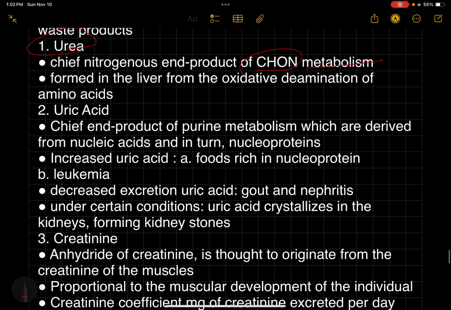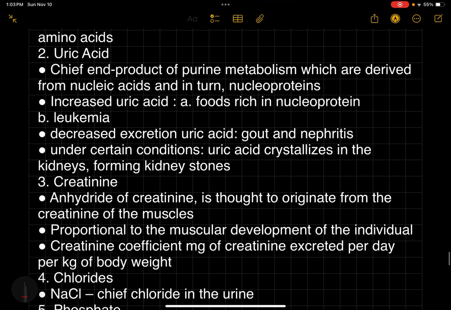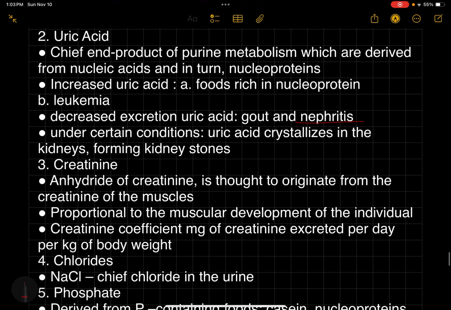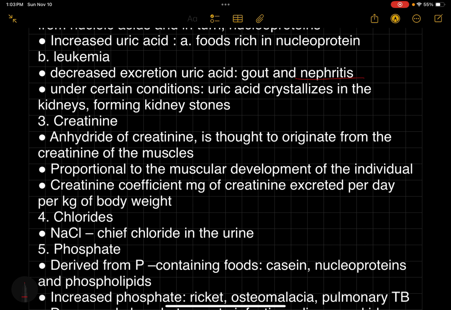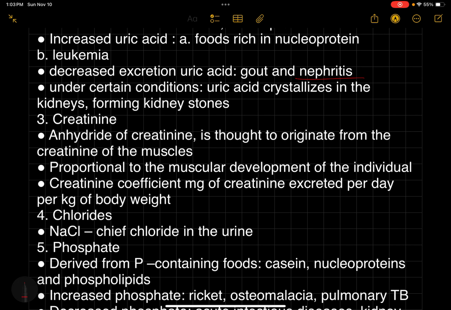We have leukemia. Decreased excretion of uric acid occurs in gout and nephritis. Under certain conditions, uric acid is crystallized in the kidney, forming kidney stones. We have creatinine. Creatinine is the anhydride of creatine, thought to originate from the creatine of the muscles. So it is proportional to the muscular development of the individual. The creatinine coefficient is milligrams of creatinine excreted per day per kilogram of